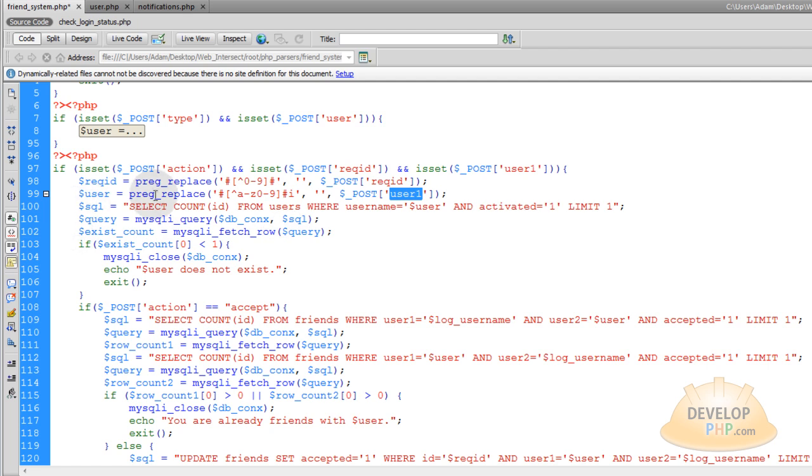Then you just want to make sure that user actually exists, so you select the count from the users table where username equals this user. You can see this variable name is user here, and it's created from the post user1 variable. And so you just check to make sure that person exists. You get the exist count, and then you evaluate the exist count to see if it's less than 1. That means they don't exist. And then you close your MySQLi connection, and you echo out user does not exist, and exit the script